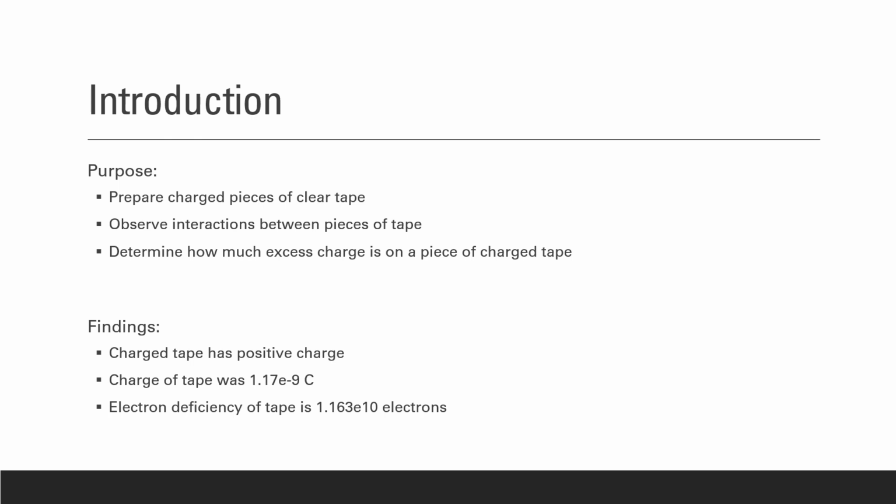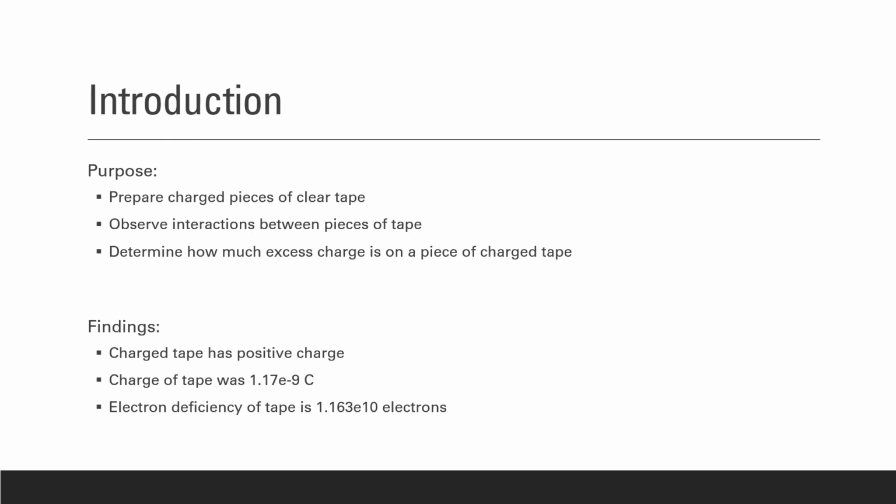So the introduction. The purpose of this lab was to prepare charged pieces of clear tape, to observe interactions between the pieces of tape, and to determine how much excess charge is on a piece of charged tape. The findings of the lab are that the charged tape has a positive charge. The charge of the tape was 1.17 e to the negative 9 coulombs, and the electron efficiency was 1.163 e